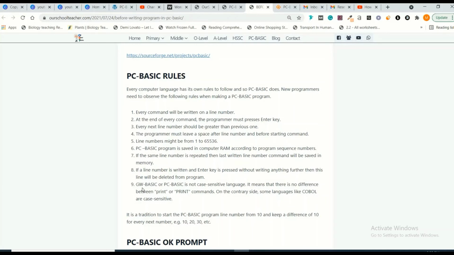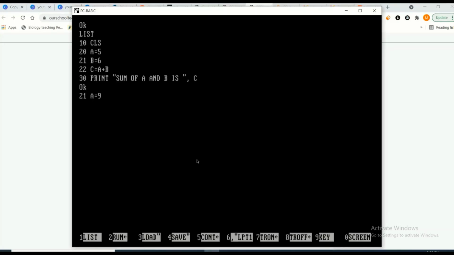Number 9: GW-BASIC or PC BASIC is not case sensitive. Although you can see this program in capital letters, if I use small letters, for example on line number 40 I write the print command in this form, it does not make any difference, right?